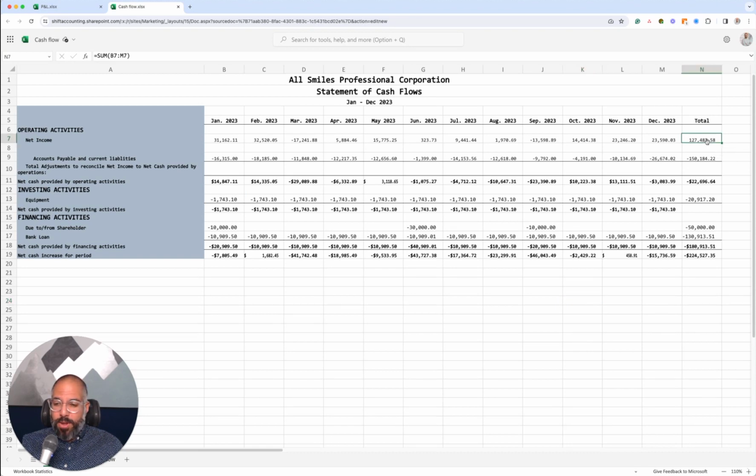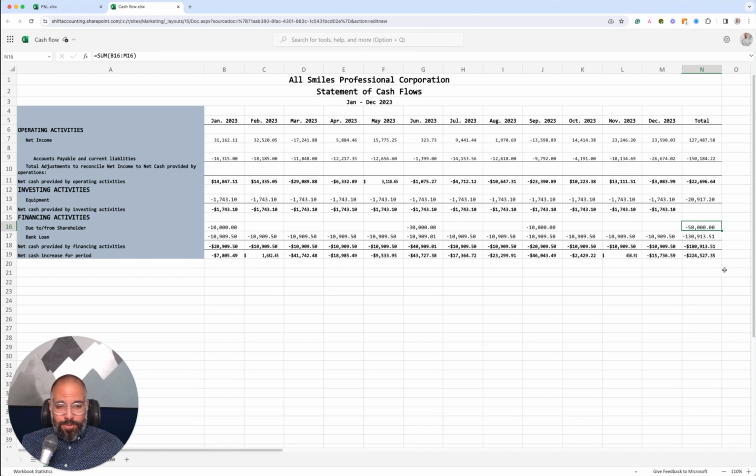So if you look at it assuming everything was received from AR, so we received $127,000 in net income, and assuming there was no timing difference. So that means every dollar that we collected, we received. Every bill that we had, we paid in that same month. We should have $127,000 in the bank. But $130,000 is just going towards paying the loan. So that's right there, issue number one. We bought additional equipment of $20,000 during the year, and then the owner took an additional $50,000. So that now we have a negative